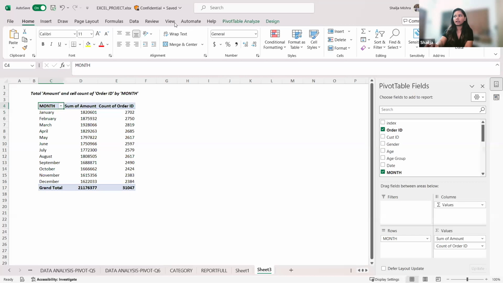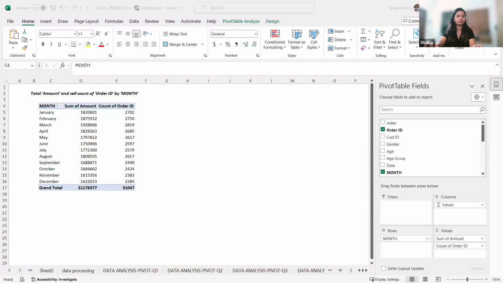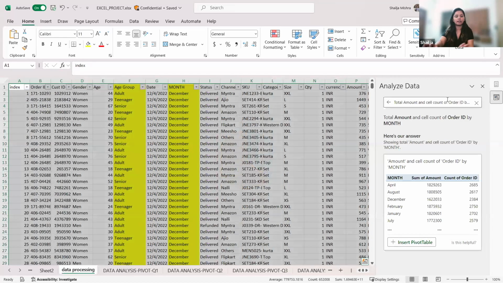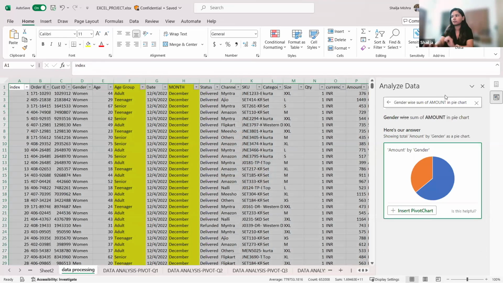So now I can go ahead and create that pivot chart, or else I can again ask this analyze data to create a chart for me also. Like for example, let me show you another example. Now here, in this particular table, I've created this pivot table: for every gender, give me the sum of the amount. And then I have created a pie chart for that. Okay. What I'll do is, I'll not do that. I'll just ask Excel to do that. So if I just click on this,